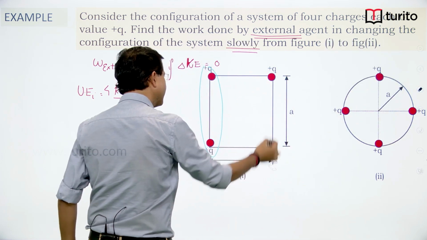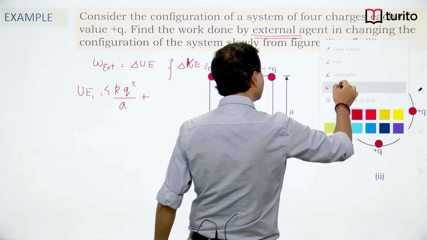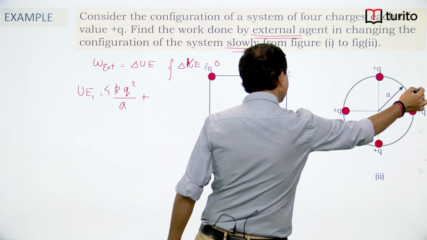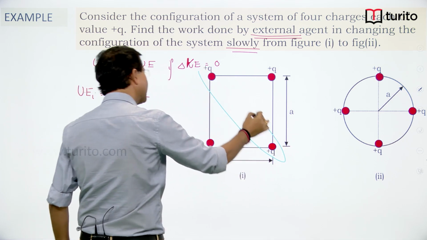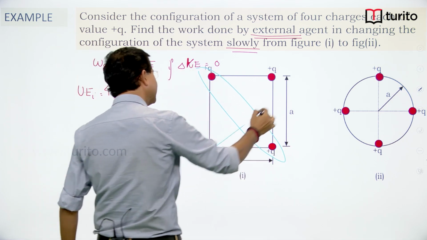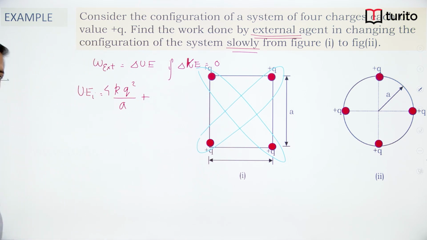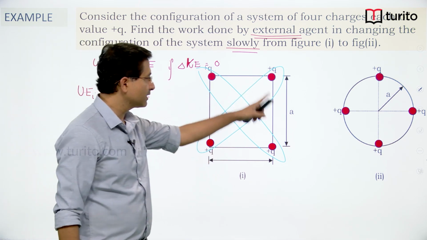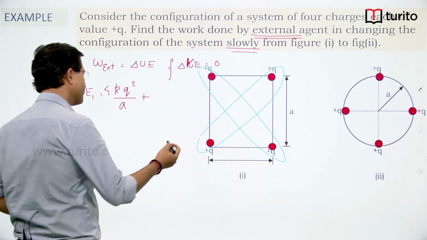So I will remove this one as I have already written. Now let us see the remaining. Those which are at diagonally opposite points are also making combinations. So there are 2 such combinations, right. If this is A, this is A, this will be A root 2. So I can write here